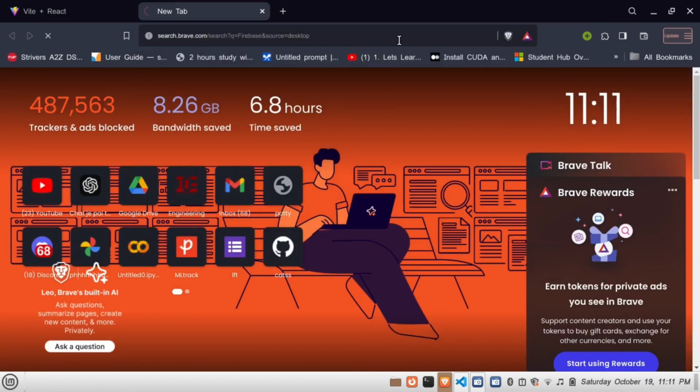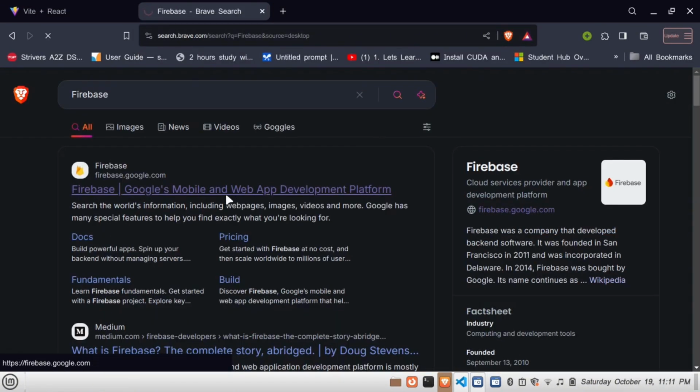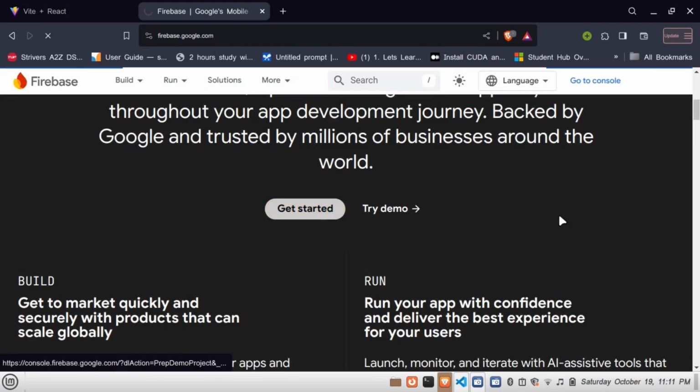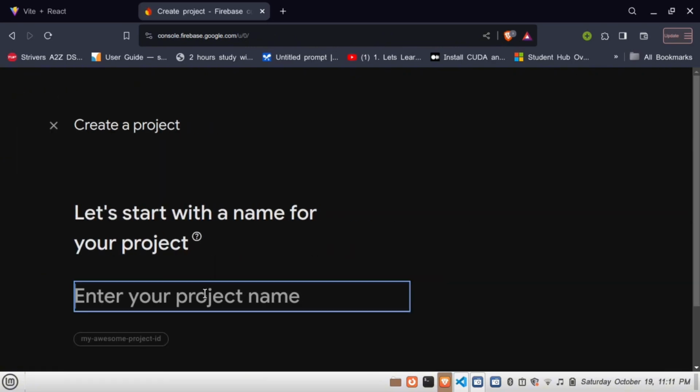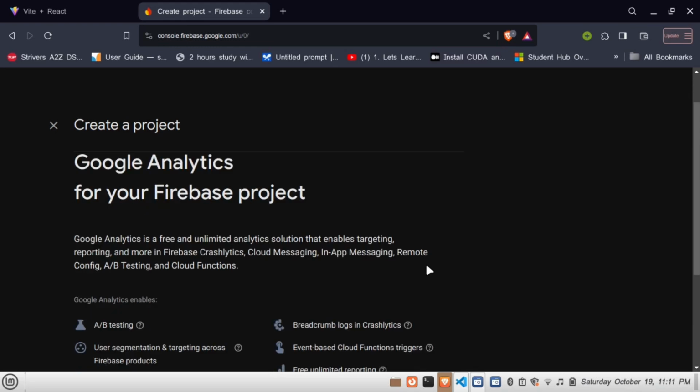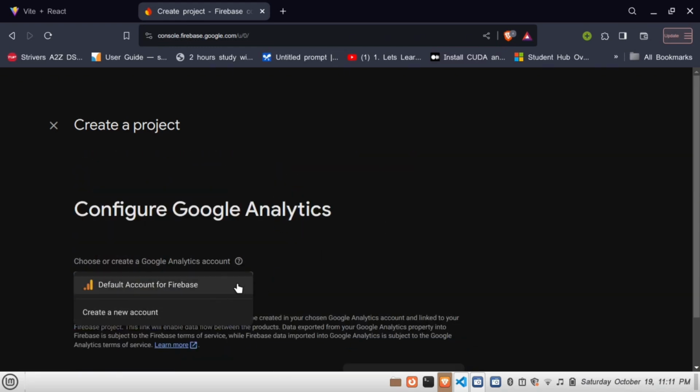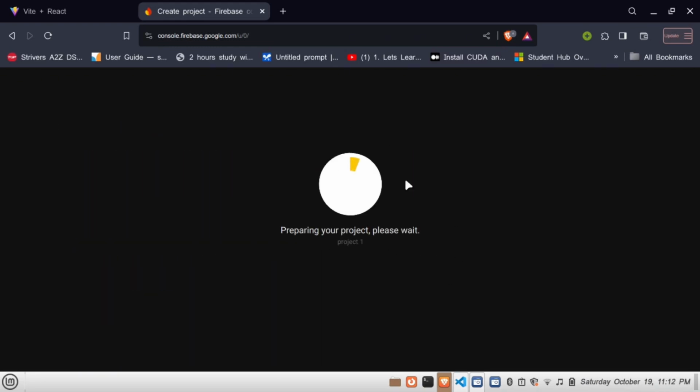Now let's just go to the Firebase first link, and then we will be using Firebase for all our authentication. So create a project number 1, and then continue. So until everything is nicely done, let's get on to our